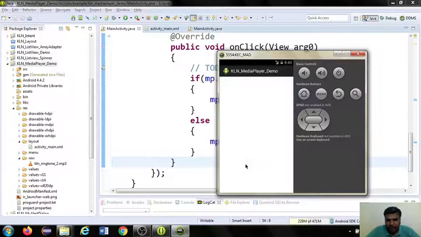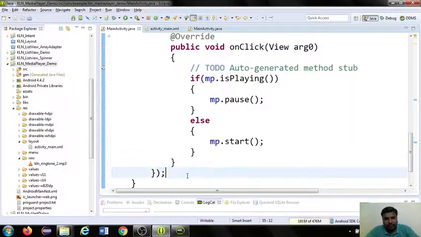We have to wait until the app is launched. Yes, so now you just check the play button. Yes, the pause button is also working. If I click the pause button again, it is playing from the current time, not starting again from the beginning. The pause button is playing from the current timeline.